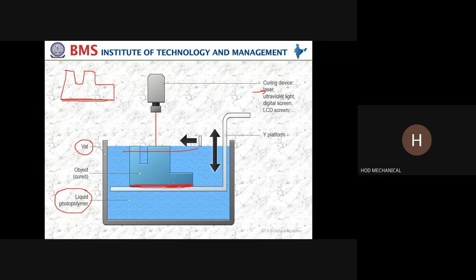Now this has already been done. One thickness, second thickness, third thickness, fourth one, like this. It has already been sliced in your .stl file. It is known to you. Slice thickness generally varies from 0.05 to 0.75 in stereolithography. In one shot, that thickness has been built. Then you lower the platform by an amount equal to that particular thickness.